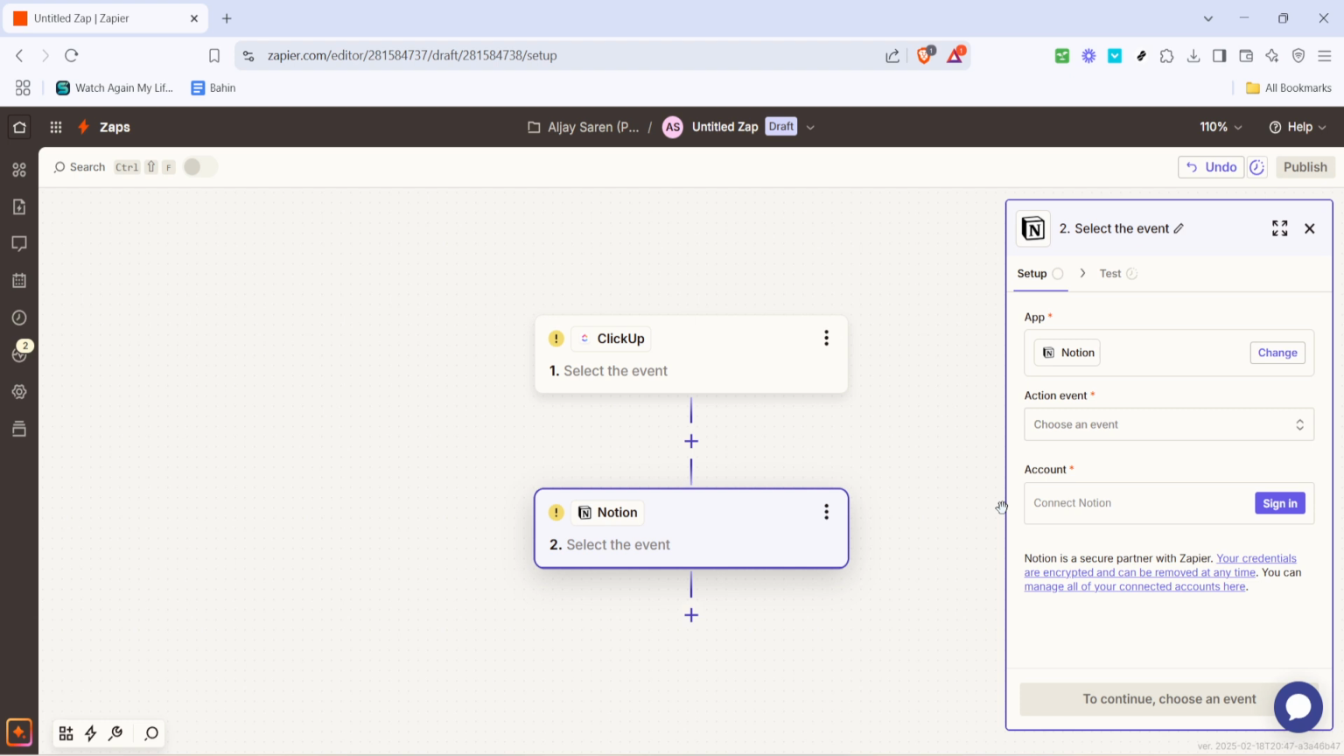Finally, once both apps are connected with successful tests, it's time to publish your Zap. Click on Publish to make it live. This activation tells Zapier to begin the automation, ensuring your ClickUp tasks trigger actions in Notion effortlessly. And there you have it. Your ClickUp and Notion apps are now seamlessly integrated through Zapier, paving the way for a more connected and efficient